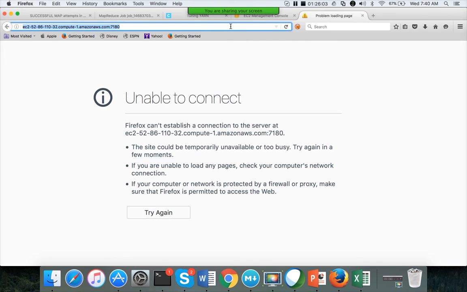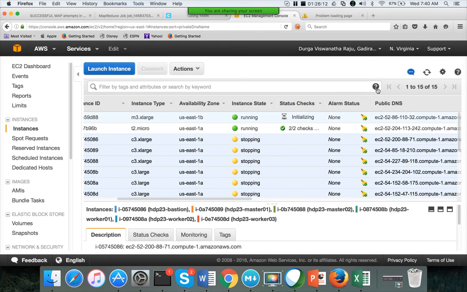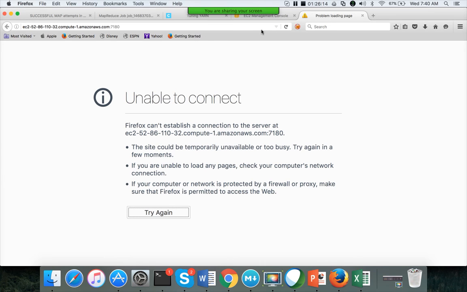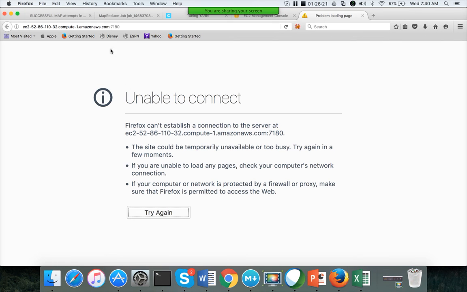Okay, it still did not come up. The single node cluster, why did it not come up? Let me check the IP address, 86.110.32. It will take some time. Let's wait until it comes up.